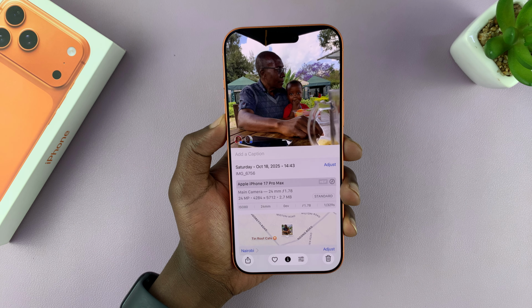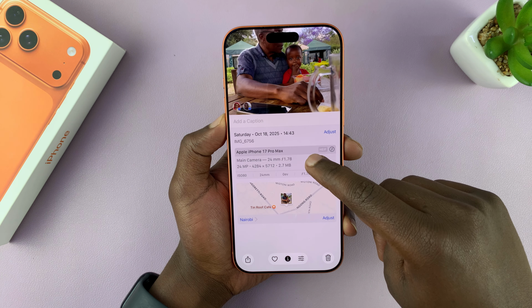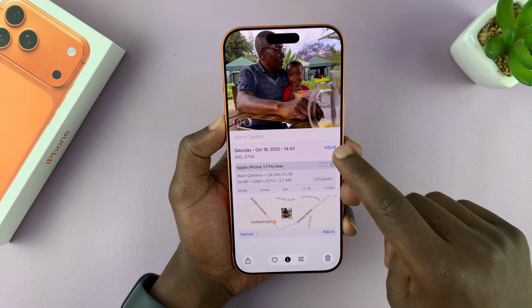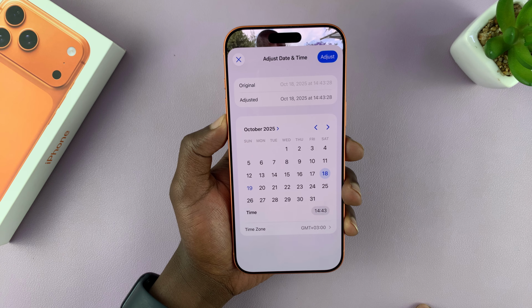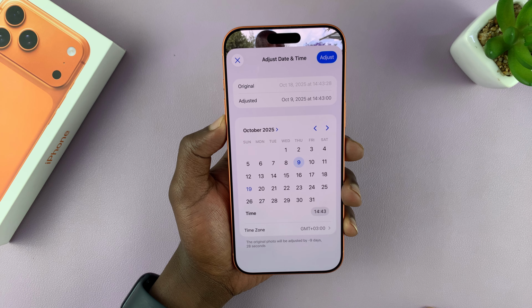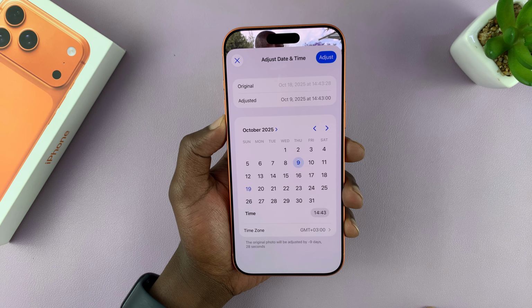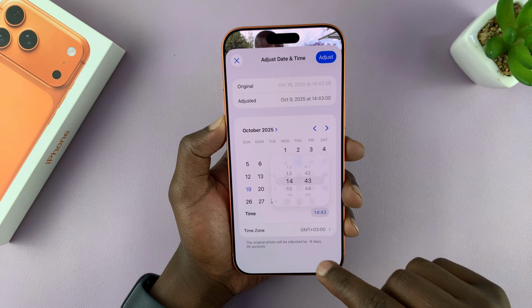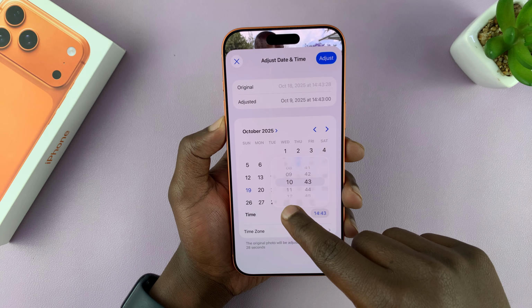And if you tap on the eye icon, you can actually see the metadata of that particular photo, including the date and time. So you can tap on adjust, and then you can change the date. So for instance, if you want this photo to appear to have been taken on the 9th, and then you can also adjust the time. So at the bottom here, you can even adjust maybe on 9th at